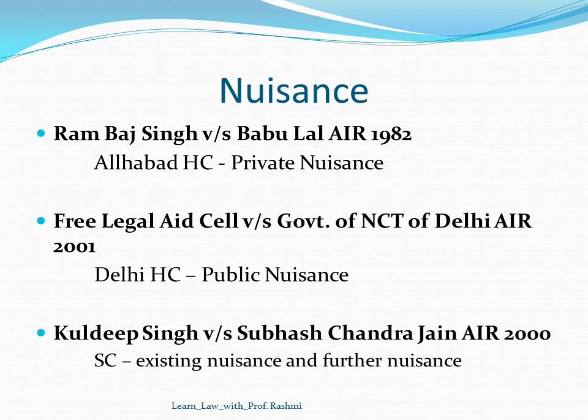Here there was a construction of a baking oven going on, and it was also going to have a 12-feet chimney, and the neighbor complained that a nuisance would be caused when the bakery would commence. So here the Supreme Court has drawn a distinction between existing nuisance and future nuisance. In case of future nuisance, the mere possibility that something is going to happen is not going to provide the plaintiff with any relief, but there should be a threat that an imminent danger of injury will be caused if this particular thing is allowed.